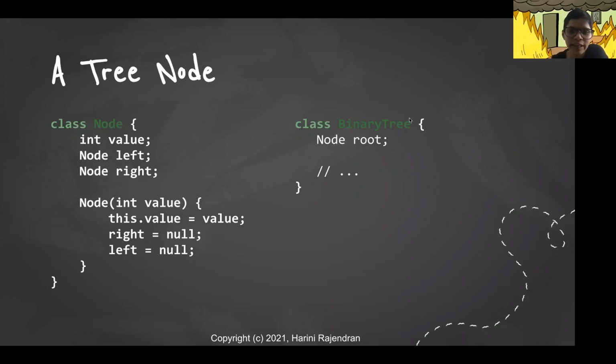And when we define any type of tree, we usually define the root node of that particular tree data structure in addition to all the other different methods. So this is the basic fundamental class definition of a node in a tree.